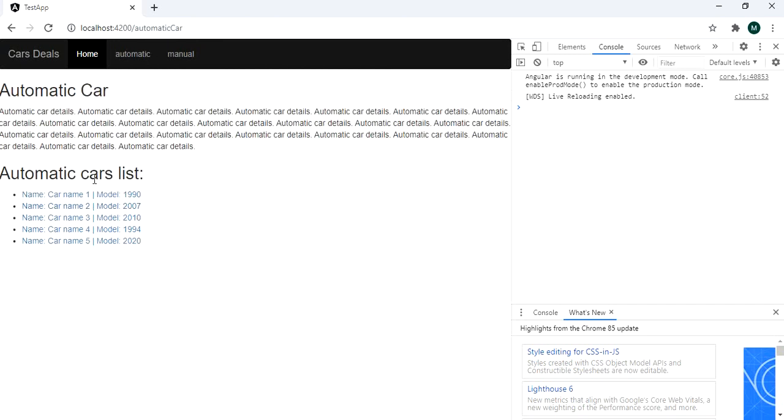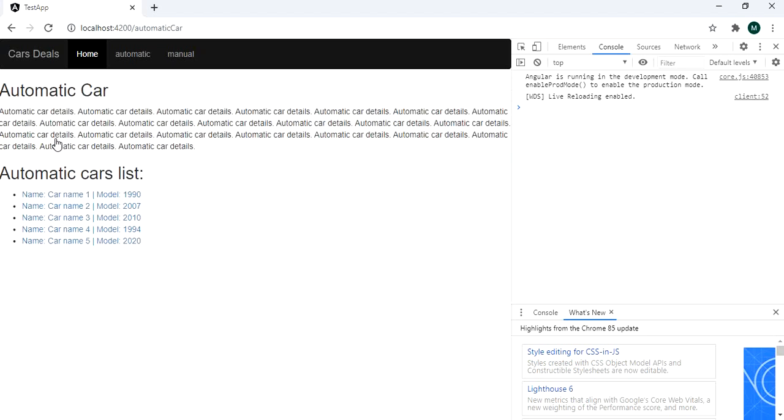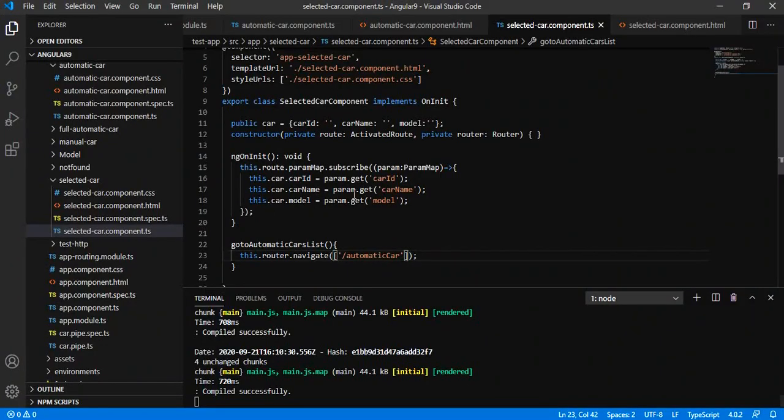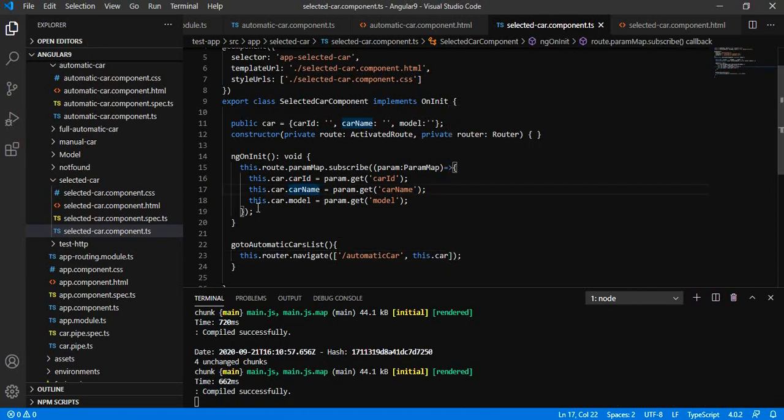But what if my requirement was that when I am clicking on this particular car detail and coming back, I want to print the selected car that was selected previously? So what we have to do is pass this dot car, and we have to receive these values on our automatic car component.